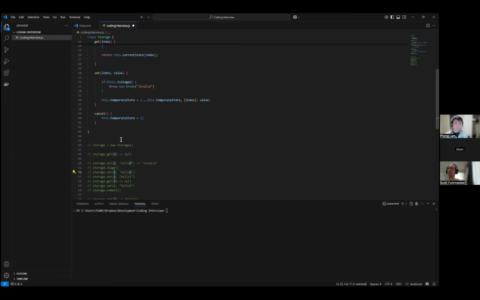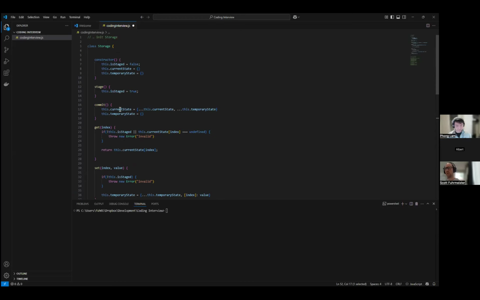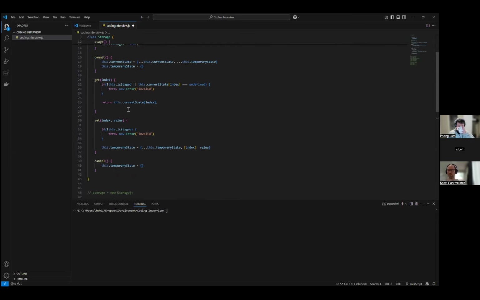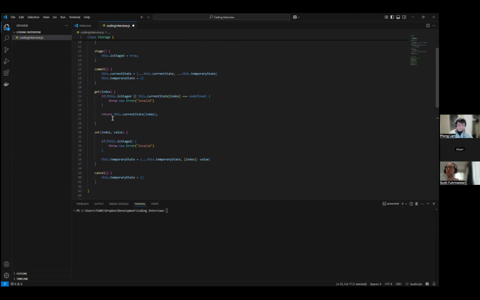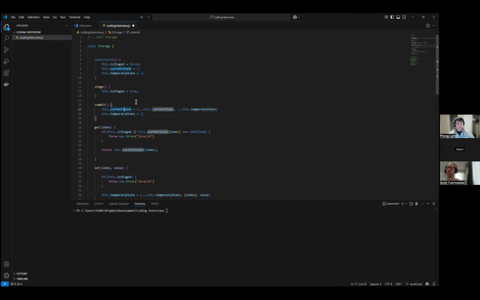Okay. So you essentially want to keep a history of the previous states. Is that correct? So when you do a commit, you want to keep the old values that were in the history before you committed. However you want to implement it.